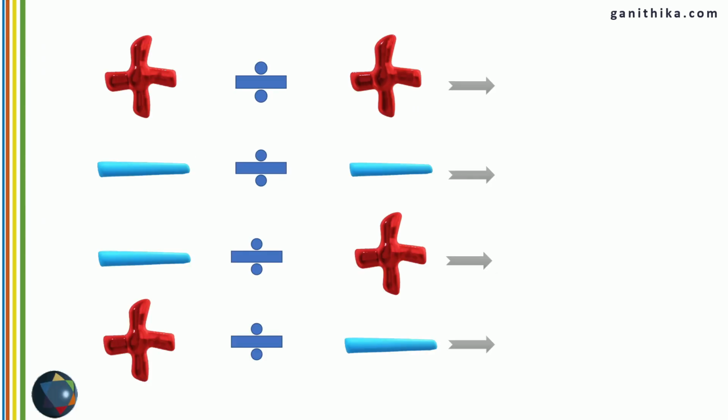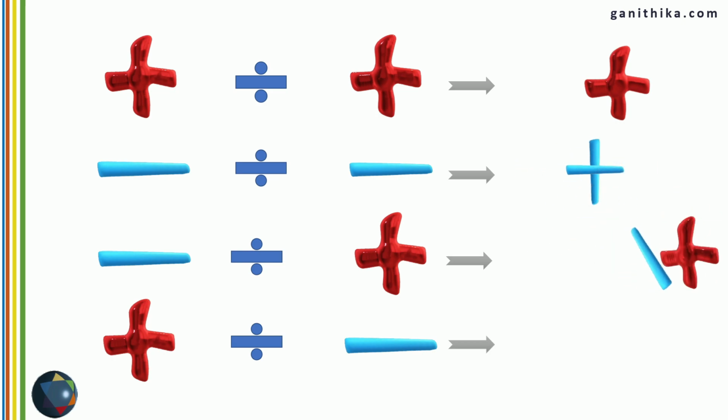Division is same as multiplication. As we saw, subtraction was similar to addition. Division is same as multiplication, because positive number divided by a positive number is going to give you a positive number, same as multiplication. Negative by negative is going to give you a positive number, same as multiplication. And in both these cases, negative divided by positive or positive divided by negative, you are going to get a